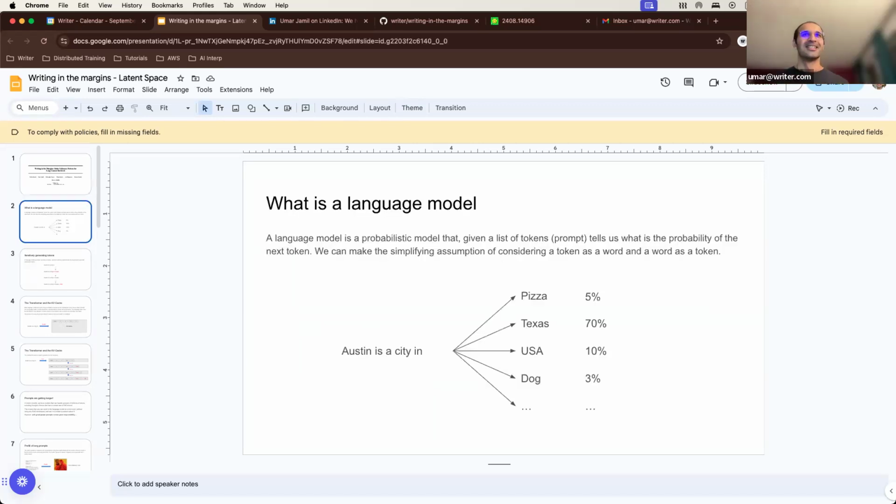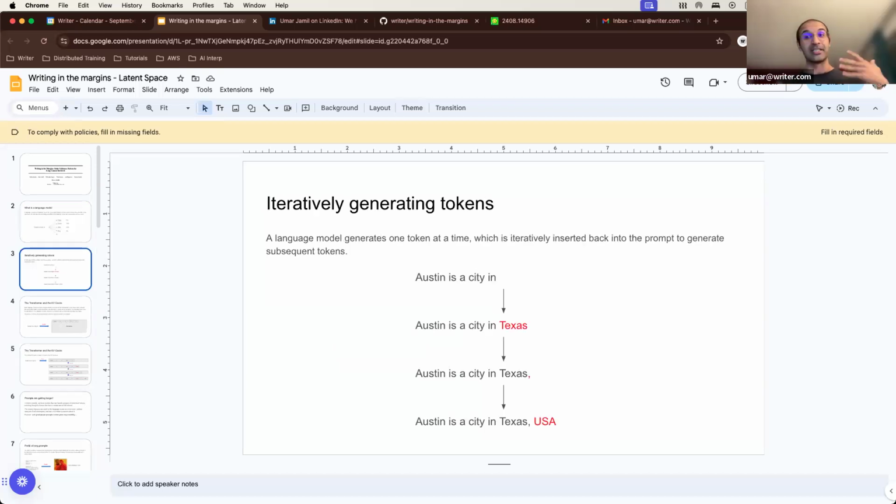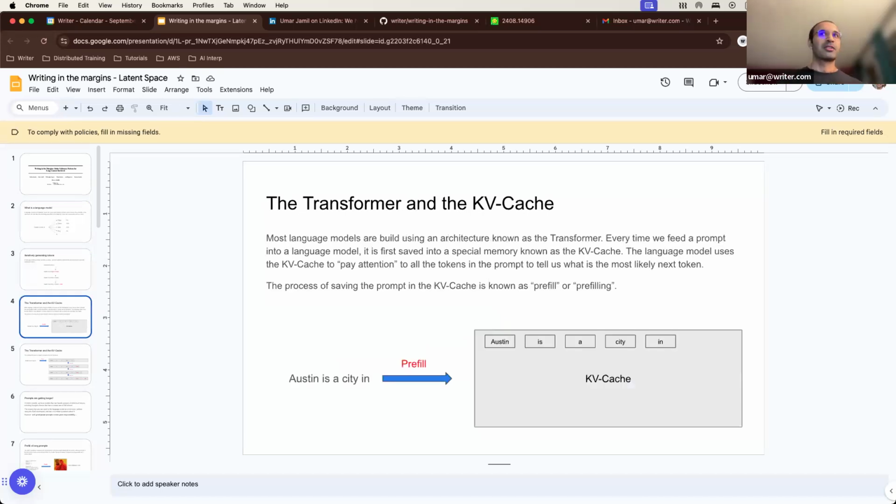Perfect. All right. So I will skip the part of what is a language model. The language model is a probabilistic model that leverages the prompt to generate the next token. And how we generate text with the language model is iteratively, one token at a time. Most of the language models nowadays are based on the transformer model. And in the transformer model, whenever we have a prompt, the first thing that we do is put this prompt into the memory of the language model that is known as the KV cache,